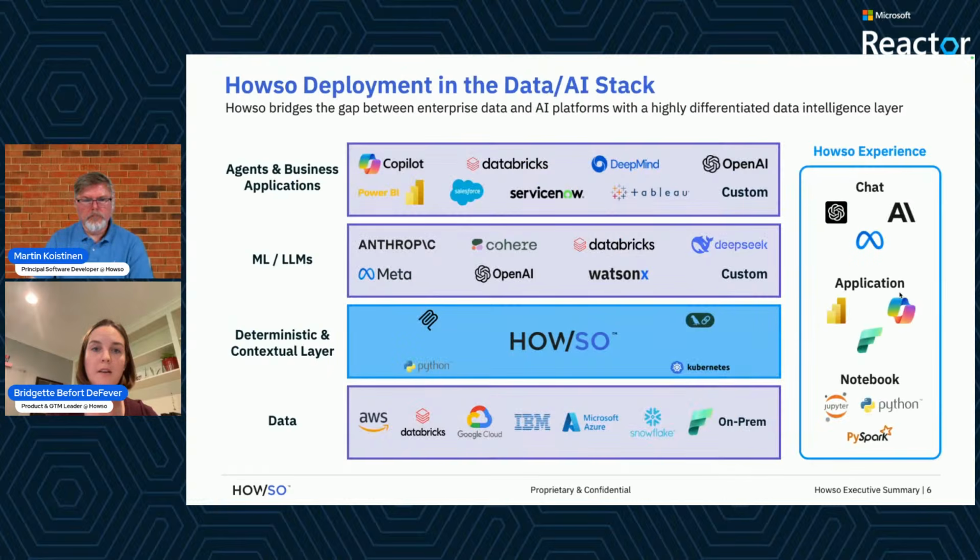So in the next slide, this is where Howso sits in the data and AI stack. Like I've been saying, Howso sits directly on the data, wherever the data is located. Here for this demo, we'll be working in Azure and Fabric specifically. Howso sits on top. We'll be generating insights. Martin will show you how that works today. And then once those insights are generated by Howso, they can be published pretty much wherever you want, from just LLMs as context, within agents as context, within different business applications like Power BI reports. And today, we're going to be experiencing Howso through all three of our mechanisms, from chat to the application and the notebook experience.